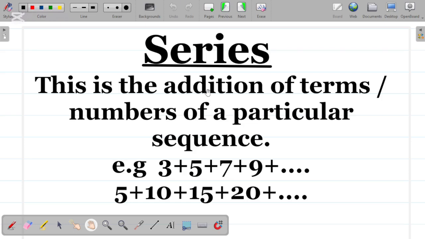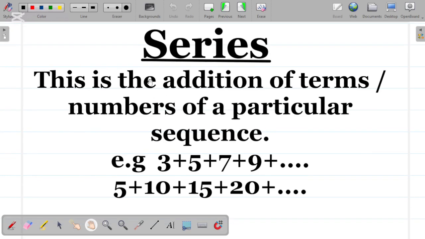All right, so let's look at series. What is a series? This is the addition of terms or numbers of a particular sequence. A series is the addition of terms or numbers of a particular sequence. Now remember that